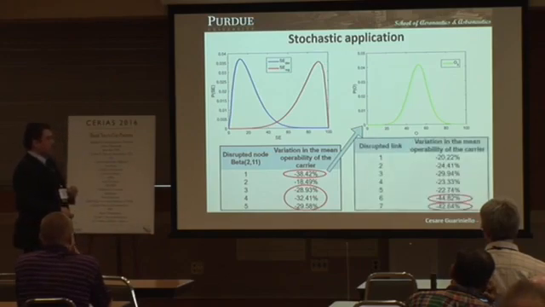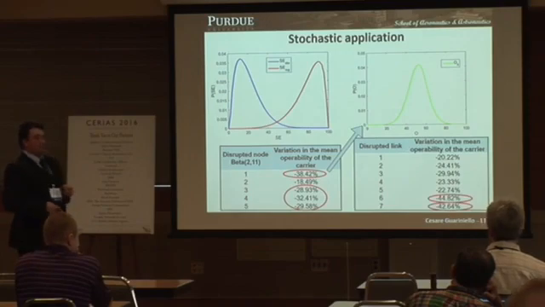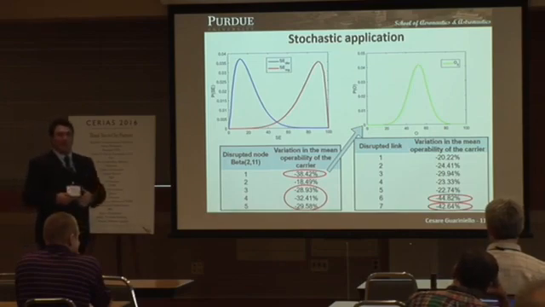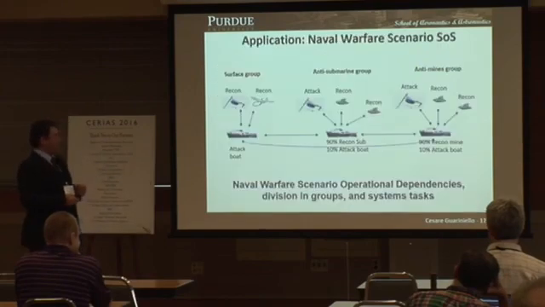We can do the same with the links. Stochastic analysis, and again here, the final links to the carrier were the most critical. And again, we see that all links are now more critical than they appear to be by doing a single point analysis. Now, what do we do with this data?